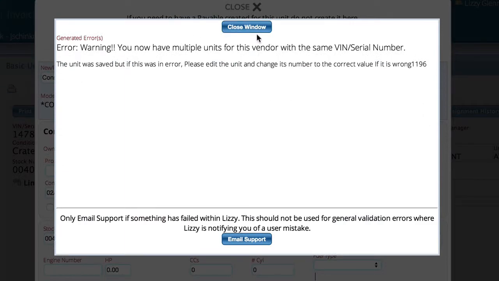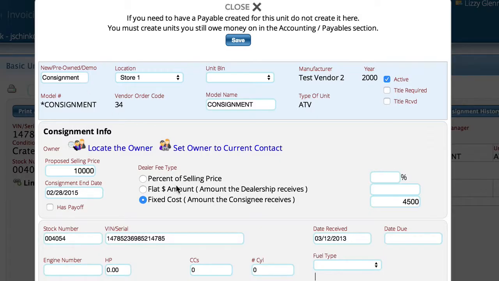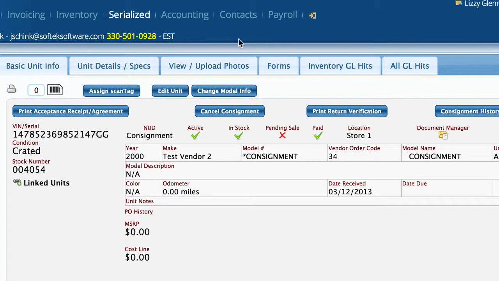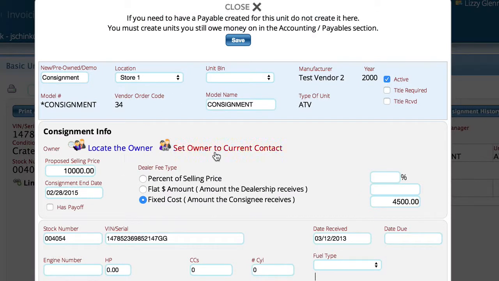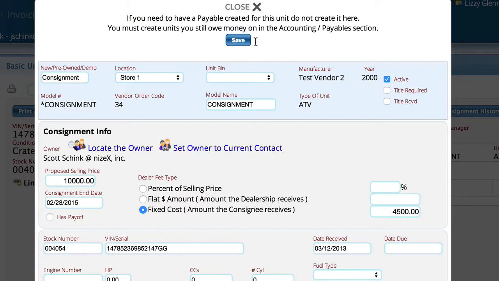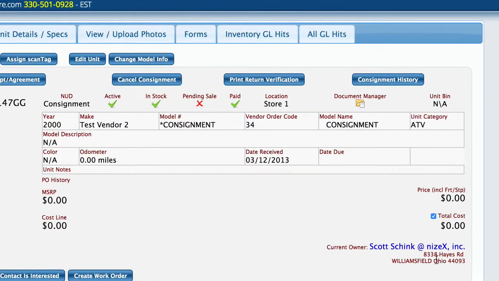We're in the demo database and there's a bunch of junk in here, so I'm going to change the VIN number just to keep that error message from coming up. And then we'll save this information. So that is all that you need to do, although I forgot to tell it, because this is an old junky thing, we'll set the owner to the current user. So now you can see who the current owner of this particular bike is,